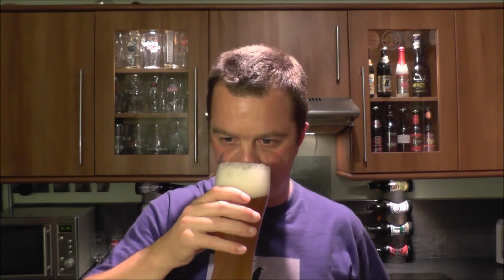Great stuff. Right, let's get an aroma. It smells a little bit like a Hefeweizen, to be honest. It's a little spicy, it's a little banana-y. I want a Hefeweizen for me to punch up with the aroma, that lovely big strong banana flavour. I want that to come through in abundance. I want it to be really spicy in the aroma, but it's most definitely there, but you're really having to strain your nostrils to get that sensation. Should be much easier. Anyway, apart from that slightly disappointing aroma,